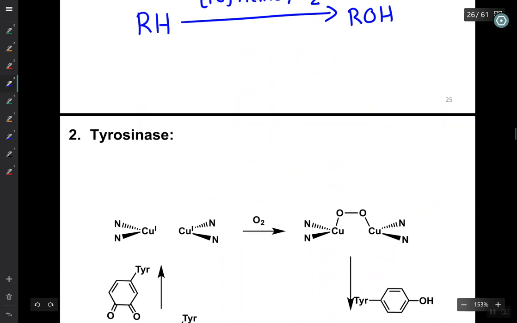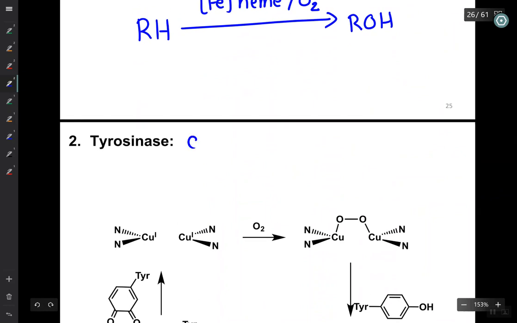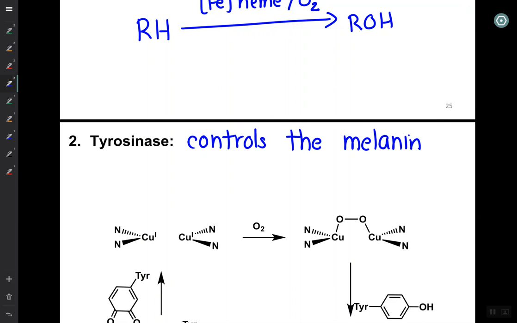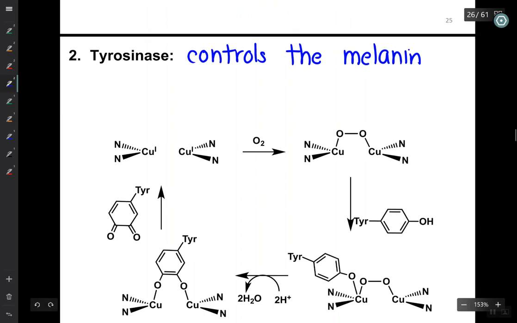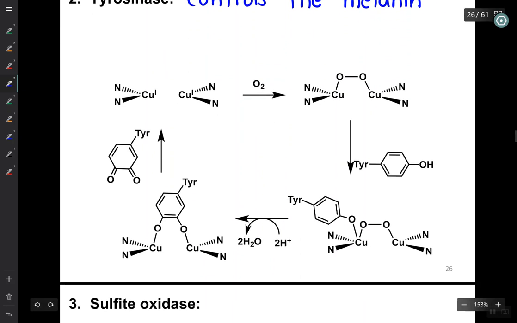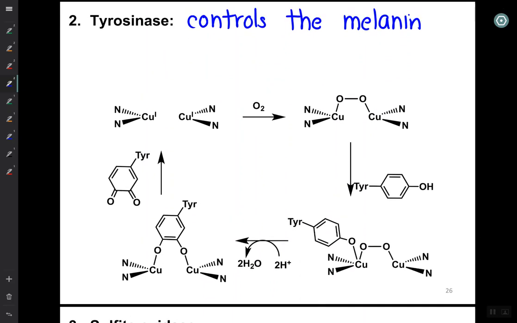Another example is tyrosinase, and this enzyme controls the production of melanin. Melanin is a natural pigment found on our skin and in our hair, and it comes from polymerization of catechol. So this enzyme is only involved in forming the benzoquinone that goes on to make melanin, but it starts with